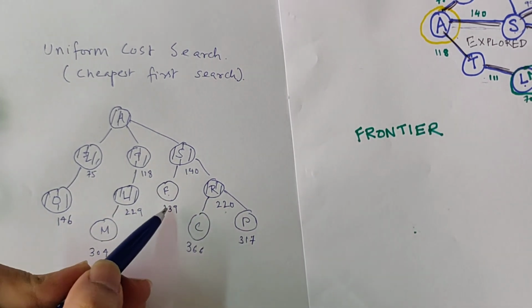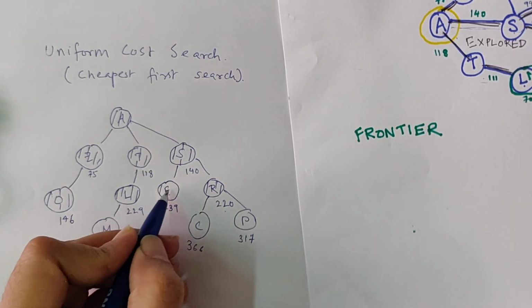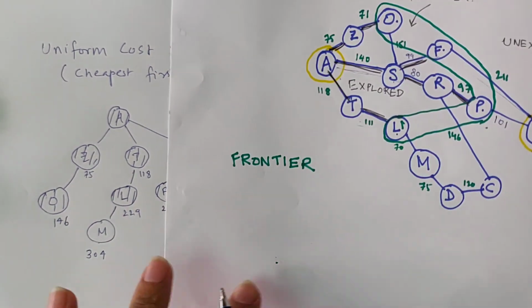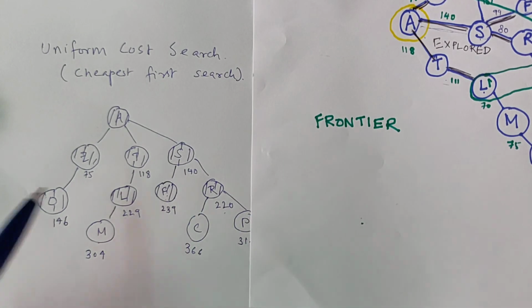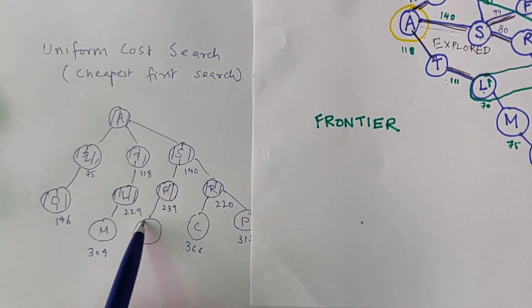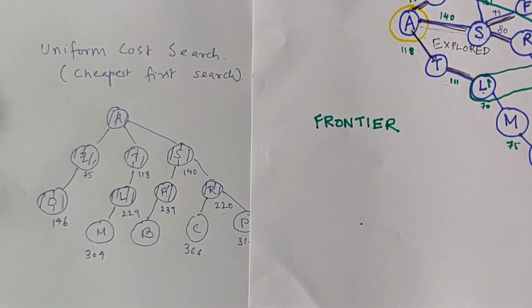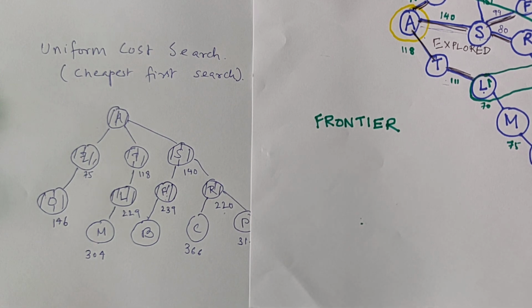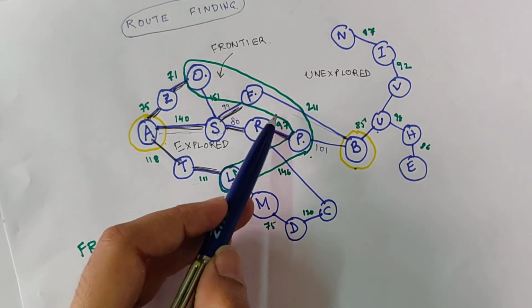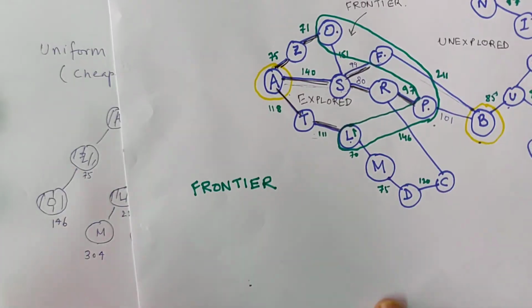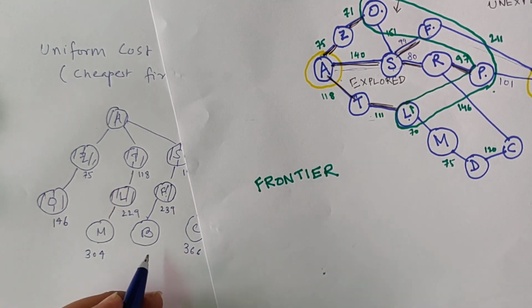F, because it has a value of 239. I am opening F. From F, what can I add? I can add B. And what is the value of that path? 239 plus 85, right? Sorry, no. 239 plus 211, which comes out to be